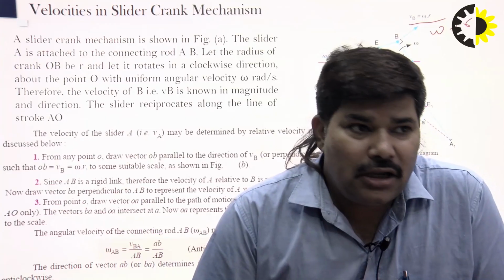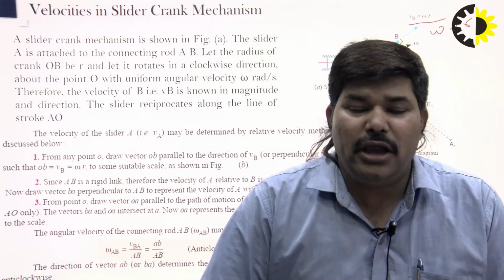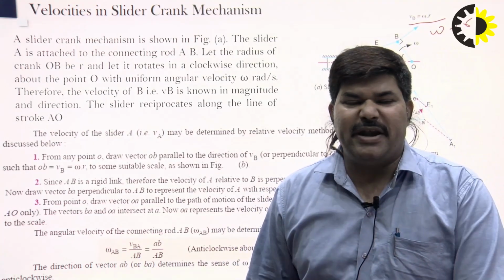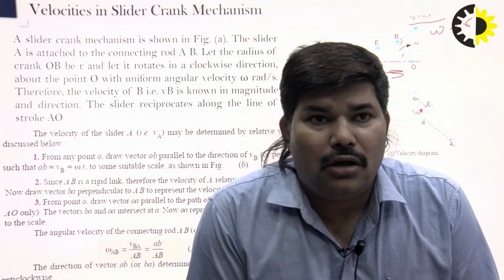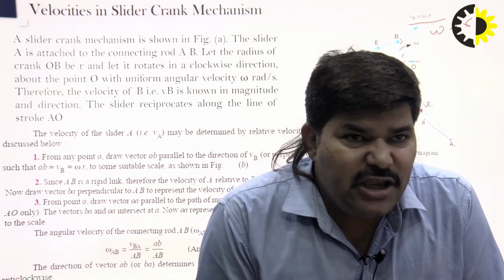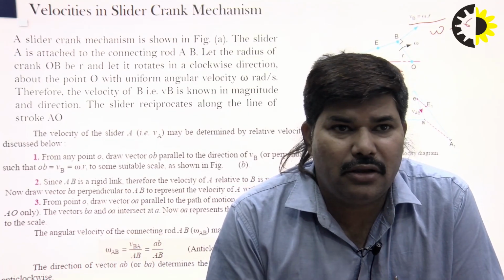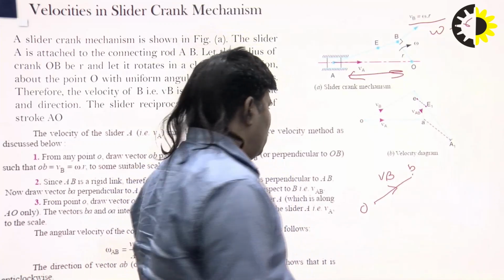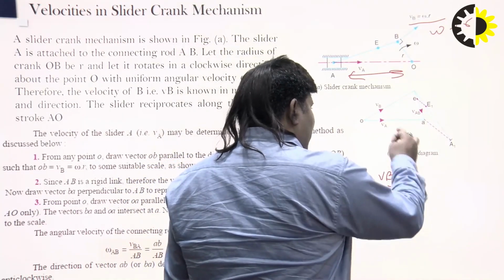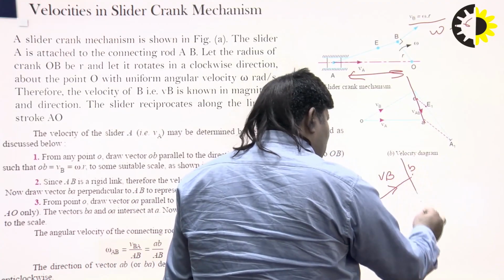Since link AB is the rigid link, therefore the velocity of A relative to B is perpendicular to AB. Now draw the BA perpendicular to link AB from the velocity of A. So we can draw velocity of B with respect to A perpendicular to this line, like this. So you can draw the perpendicular,